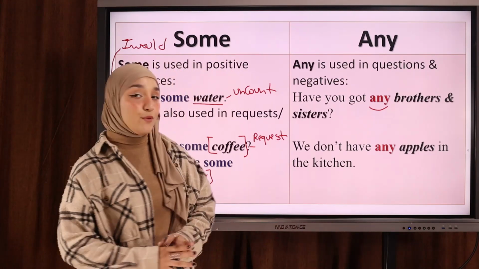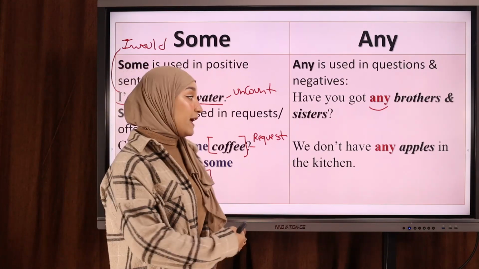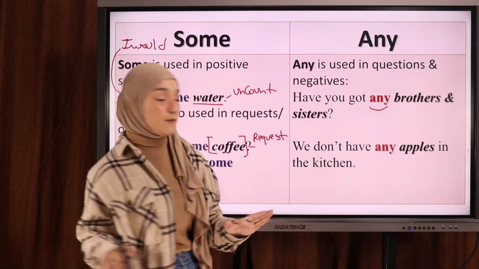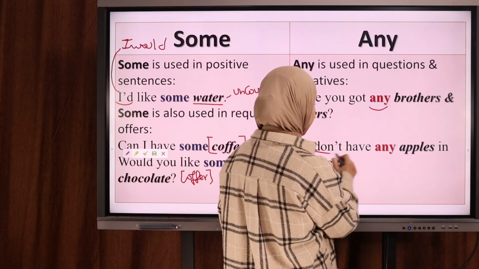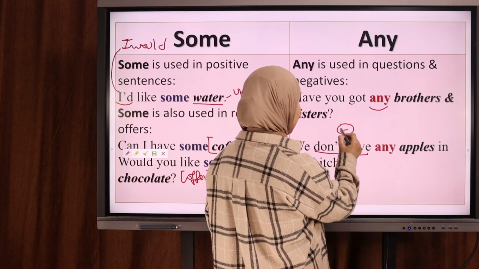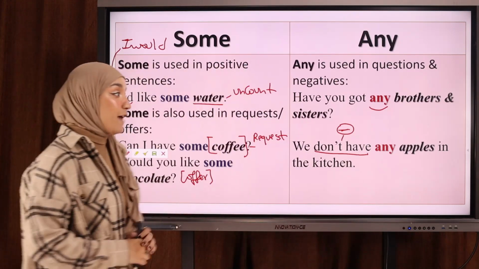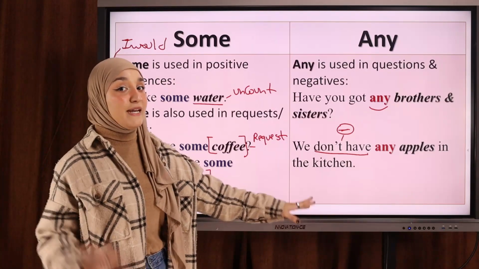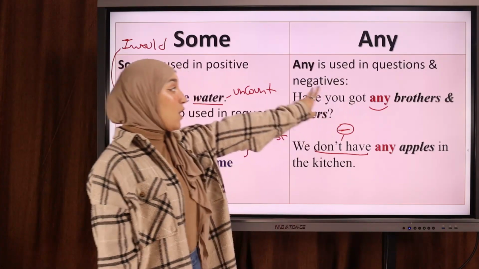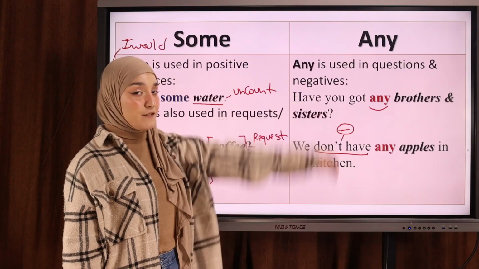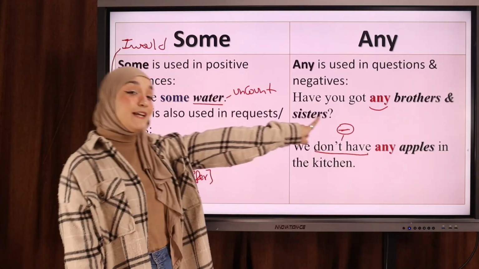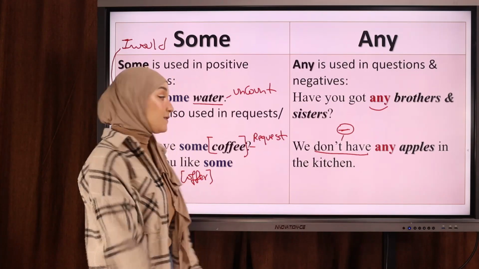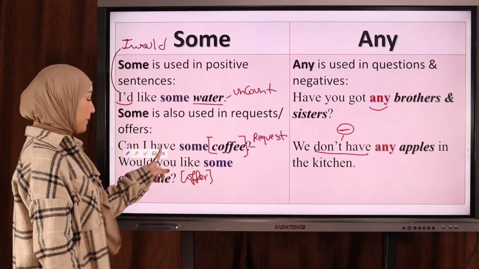We don't have any apples in the kitchen. نحن لا نملك أي تفاح في المطبخ. So this is the negative. هذه صيغة النفي. We do not have any apples in the kitchen. Okay? So هذه هي الحالات التي يمكننا أن نستعمل any. Okay? في طرح الأسئلة or في صيغة النفي. The negative. Okay? Have you got any brothers and sisters? meaning أي. Okay? هل لديك أي إخوة وأخوات؟